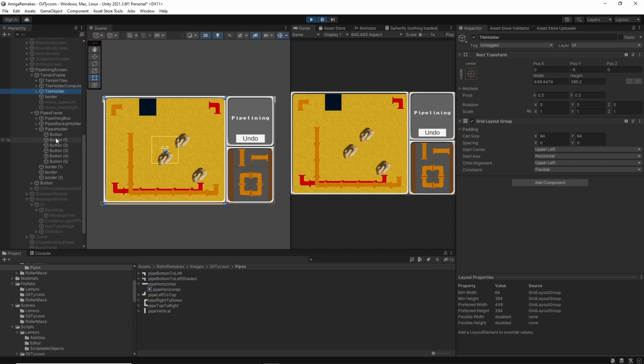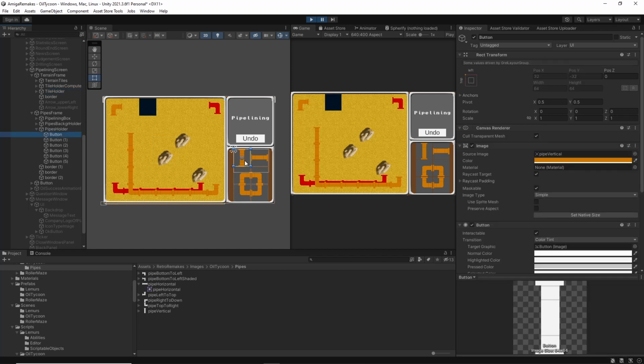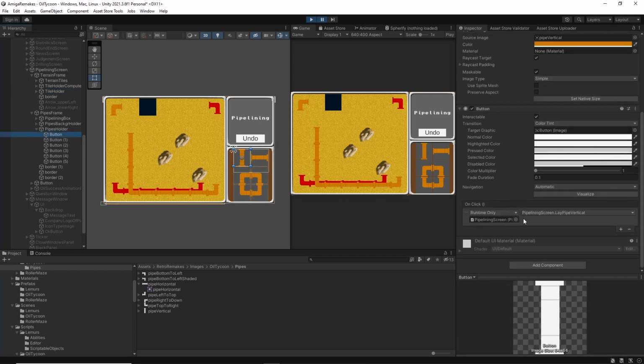And like I said, to lay a new tile, we have these buttons here. And what they do is they call functions in the pipelining screen script. For example, here lay pipe vertical or lay pipe horizontal and so on. And the pipelining screen will check if this is a valid move. For example, we can't lay a horizontal pipe here at that position. We need to lay a 90-degree angle first, and the script also calculates the positions where the new tile will